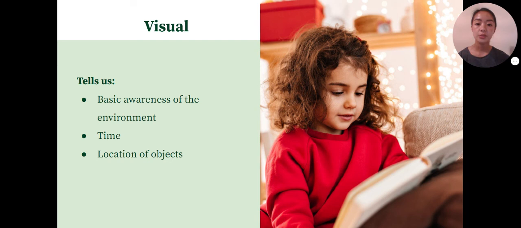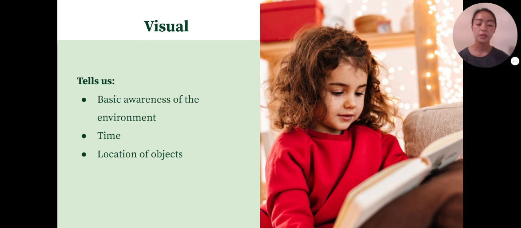Lastly, we have the visual system. There are many components to vision, which are developed through the second year of age through movement. This system takes in light information and relates it to other sensory input, including those from muscles, joints, and the vestibular system. It gives us a basic awareness of the environment, time, as we see things as they occur sequentially,